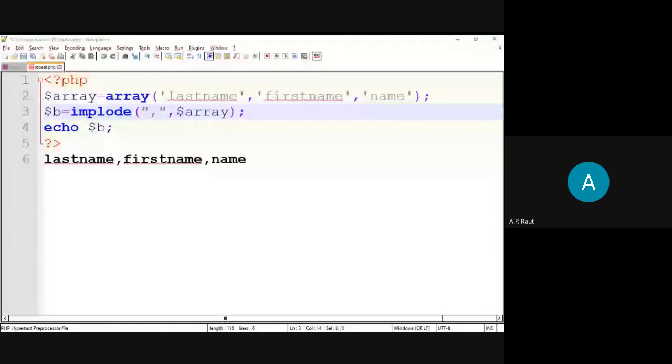Okay, so this is the program for implode. We already wrote the program for the explode function. So this is a simple program for the implode function. It means an array will be converted to a string using the delimiter, using the implode function. Okay? So write down the